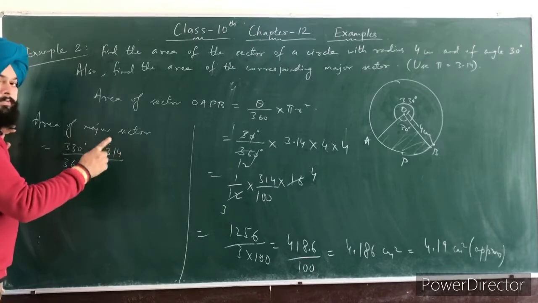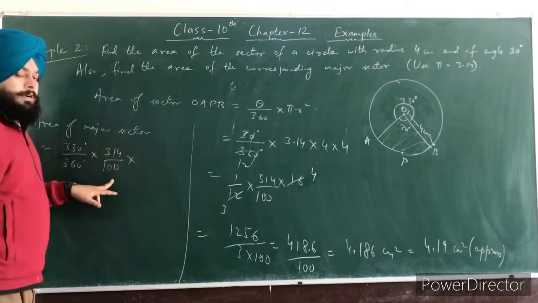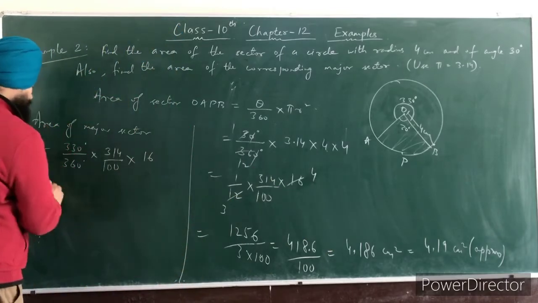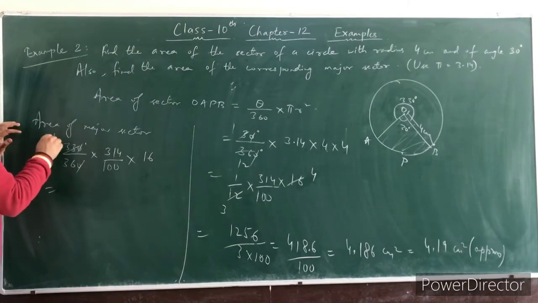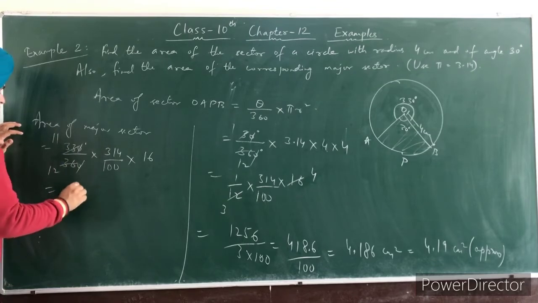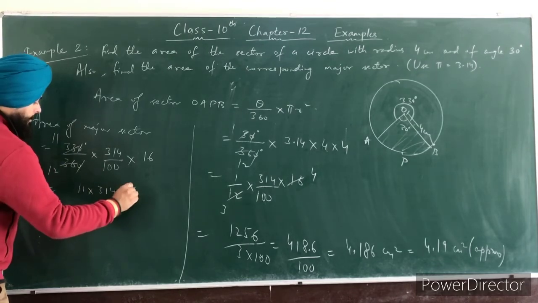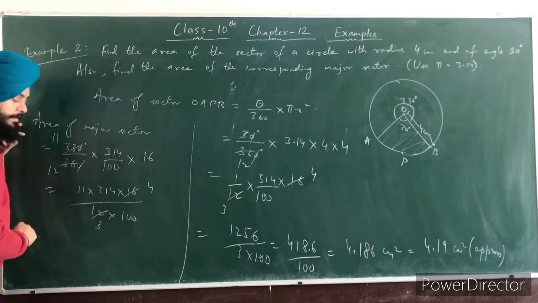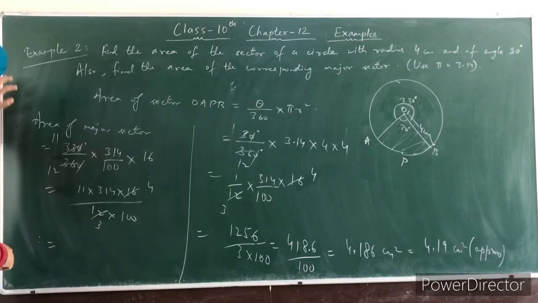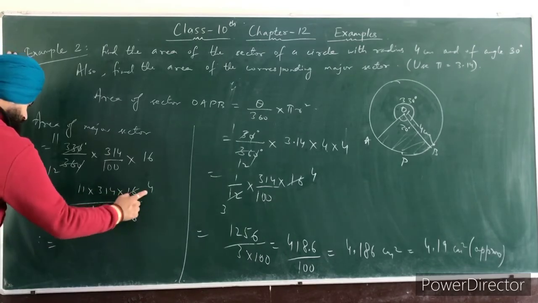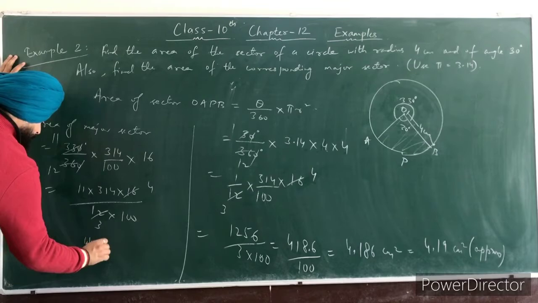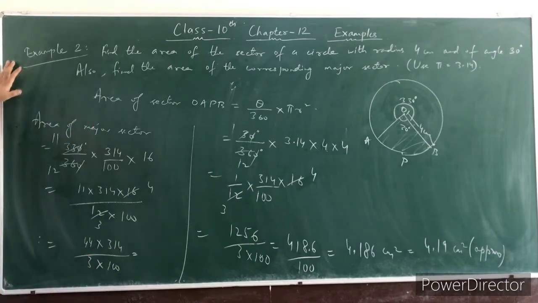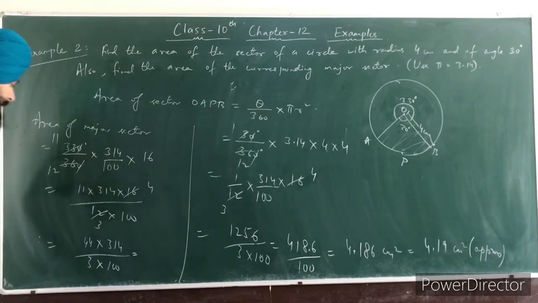So pi is 3.14, that is 314 over 100, and the radius is again 4 square, 16. Now this cancels 0 0. 3 11 is 3 12 is 11 into 314 16 12 4 4 is 16 4 3 is 12. Then 11 4s are 44 multiplied by 314 over 3 into 9. Now solving this, how much is it?